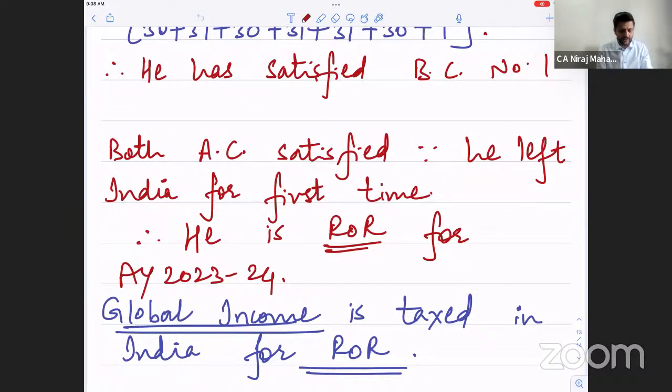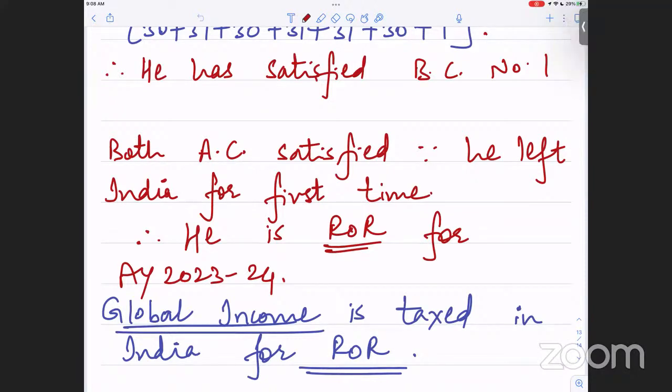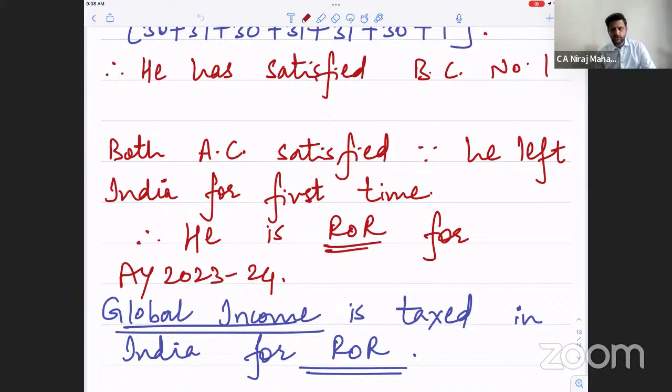So we are in chapter 2, residential status and scope of total income. We saw sections 1, 2, 3, 4 in chapter number 1. The other sections we are starting with chapter number 2. I was asking you whether a person is taxable or not taxable in India. That depends on his citizenship or residential status, at least for an individual.